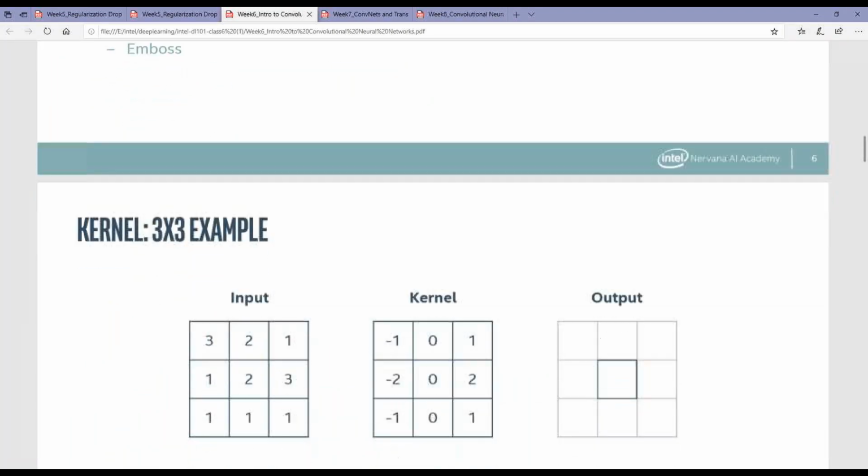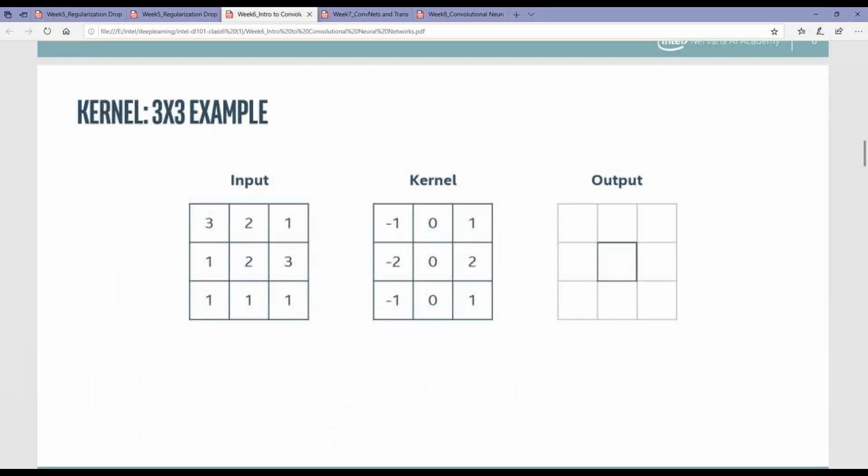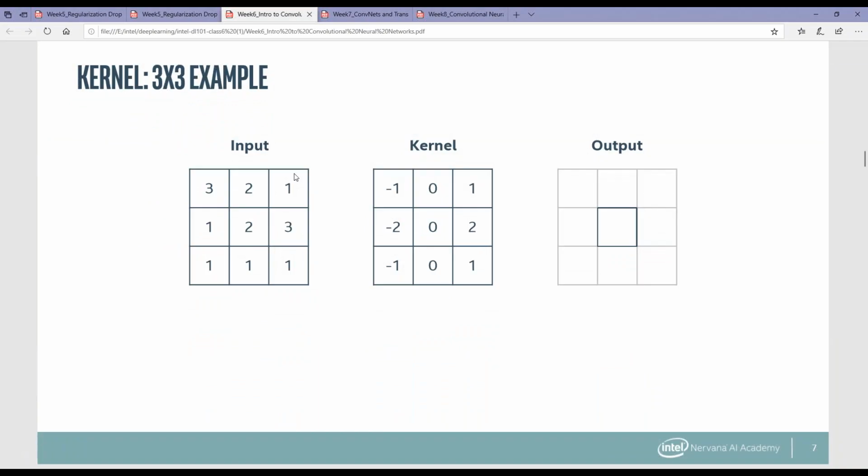If I'm having an input, let's assume an image, don't consider it as a matrix. This is an image of 3 cross 3. It's based on the color and has some values, which you all know very well. Here I'm having a kernel, the filtration methodology. If I'm adding this layer over the input, it gives